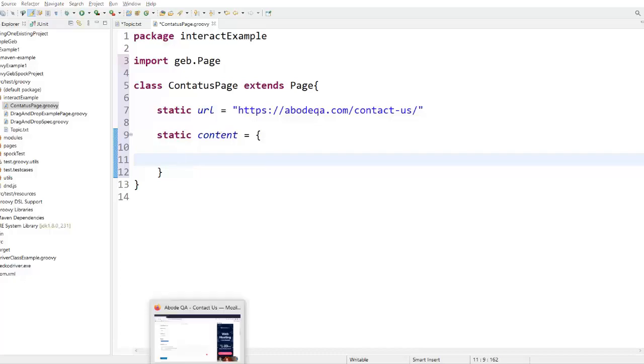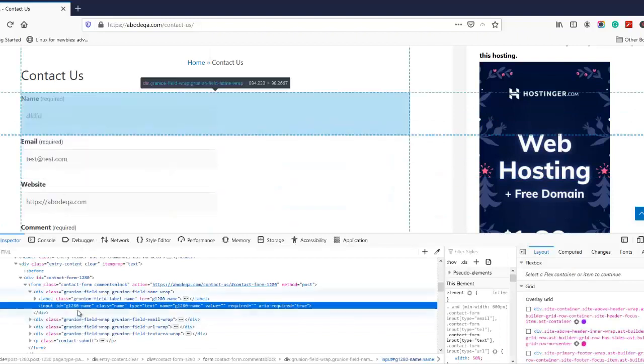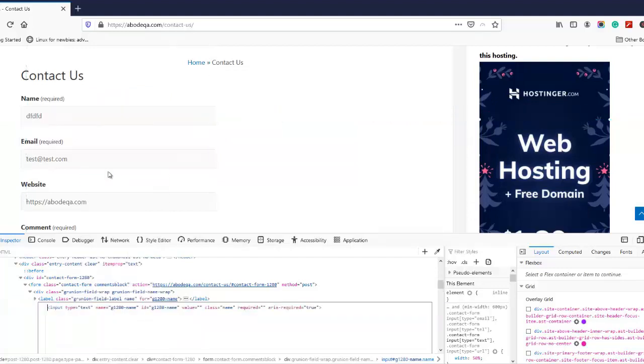So let's find out the navigators. Let me get back here and inspect the element. Here we can see that this is the input tag, and one ID is provided, and the ID is G128-name. Let me edit this since my mouse action is not working properly.